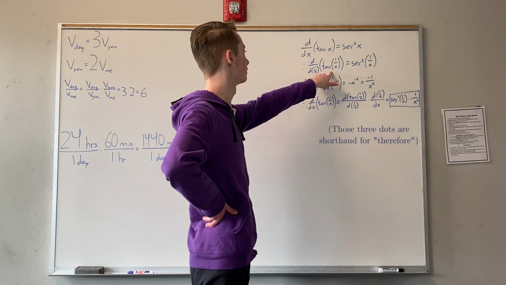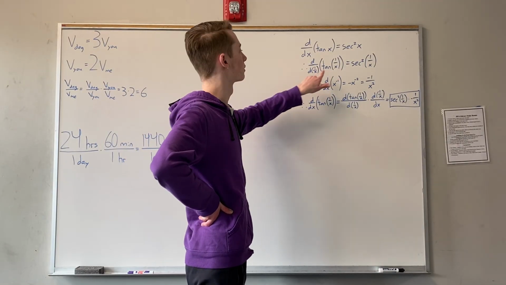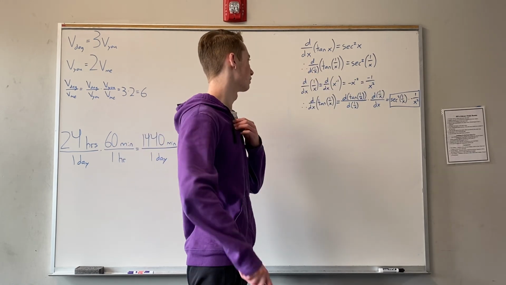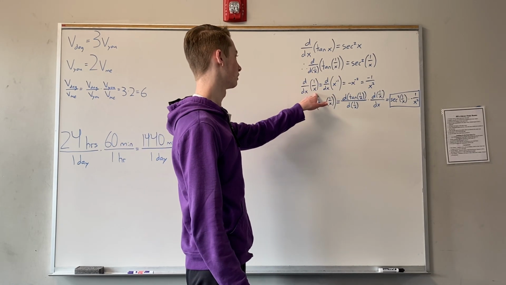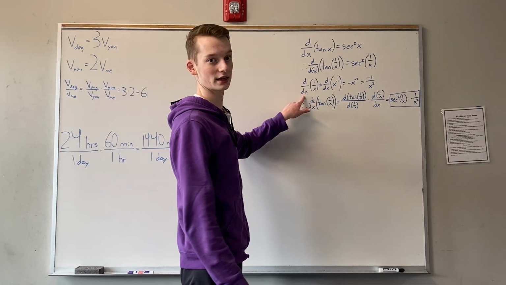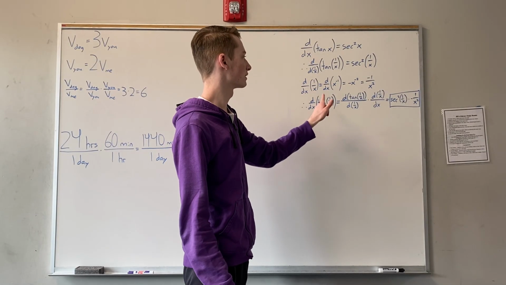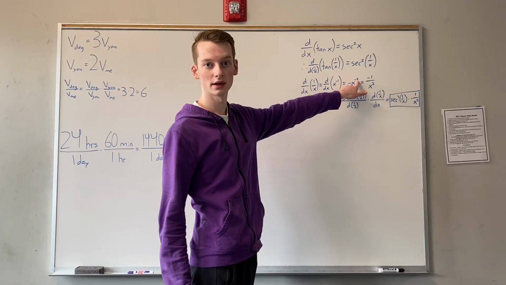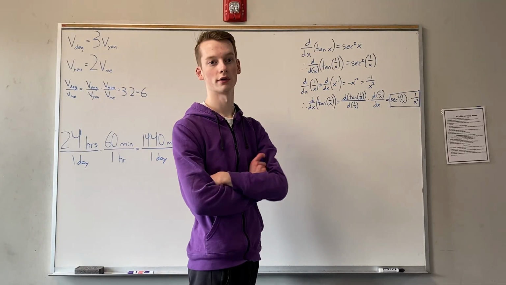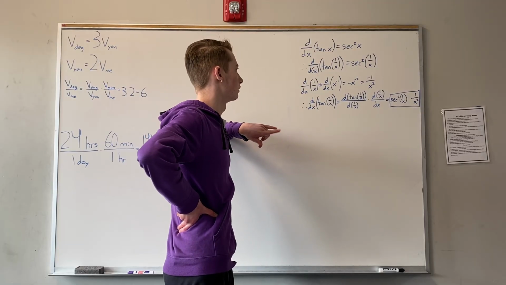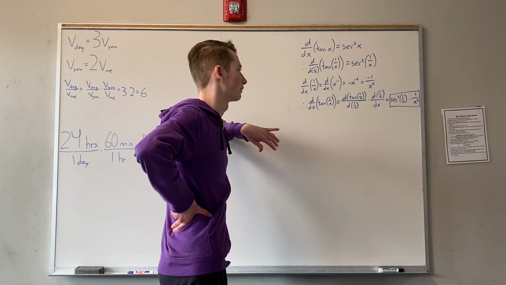So the derivative of tangent of 1 over x with respect to 1 over x is secant squared of 1 over x. And then I know from my power rule, right, the derivative of 1 over x with respect to x is, you can just rewrite that as x to the negative 1. Negative 1 comes out in front, subtract 1 from the exponent, and that's negative 1 over x squared. So I can then use these rates of change to figure out the rate of change that I'm looking for,